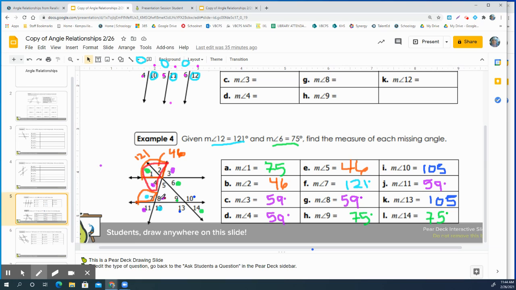So if you know the pink angle at 8 and the green angle at 6, you can subtract those from 180, which is essentially what you did, the pink and the green, in order to get the missing one. We will definitely practice this more. We're not going to go on to slide 6 right now, because I think